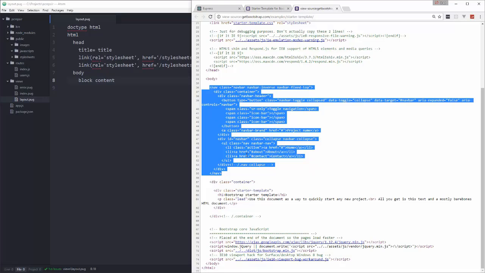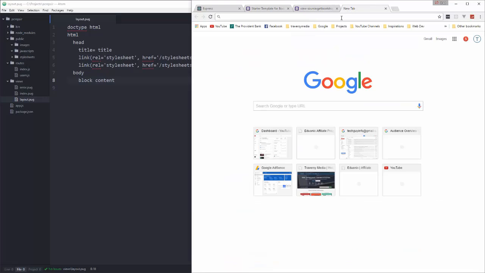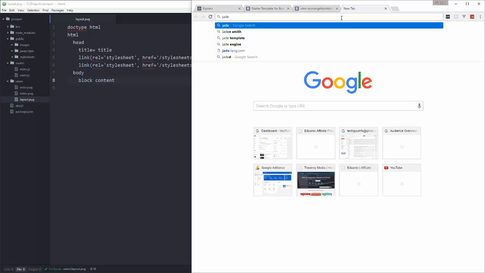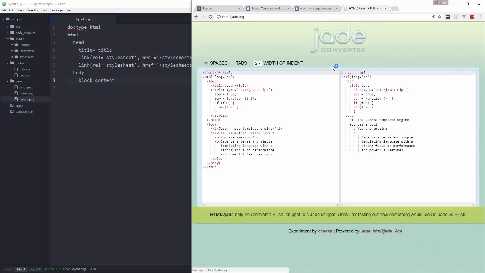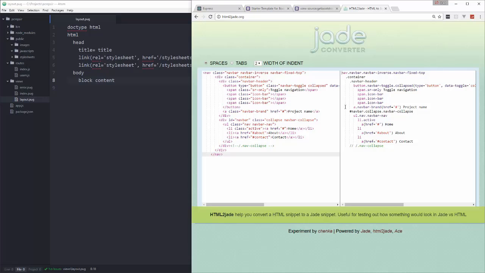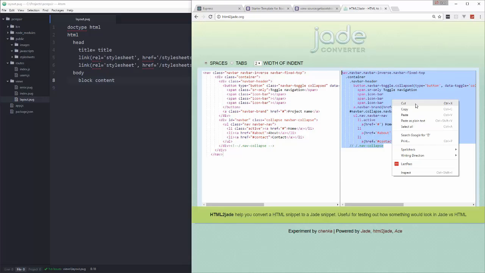Now, if you don't want to type out all the indentation and all that, there's actually a site to help us with that, and that is HTML to Jade. This will allow us to just paste in that navbar code that we just grabbed, and it'll give us the Jade or the Pug code. So we can just grab this, copy it,